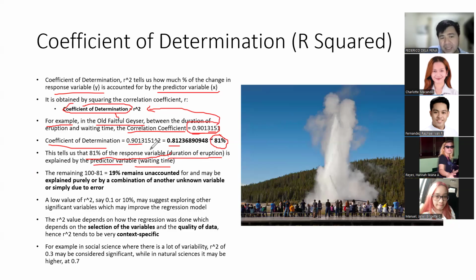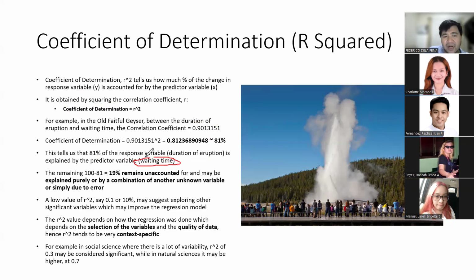And this simply means that this waiting time variable is actually quite powerful, right? It's single-handedly accounting for 81% of the variability of the value that you're trying to predict, like for example, the duration of the eruption. Therefore, you still have 100 minus 81, so 19% variability, which remains unaccounted for, and this